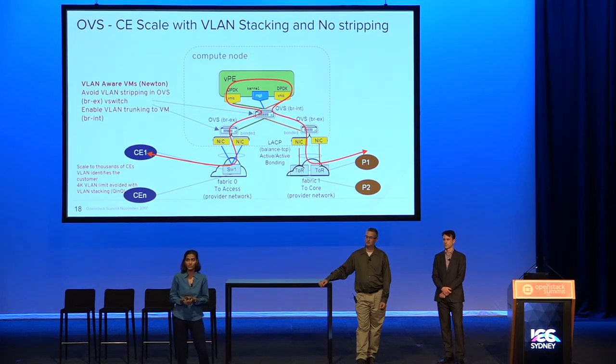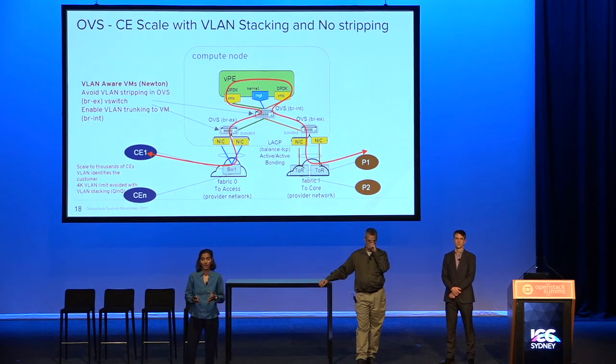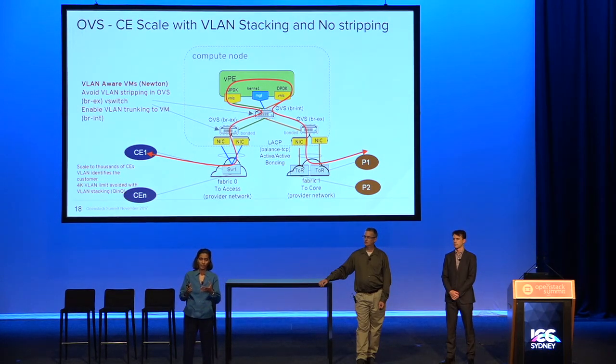In order to do that, there's a new feature called VLAN aware VMs, which was introduced in Newton. And that enables VLAN trunking on the OVS bridge, on all the interfaces going out towards the VPE. So instead of stripping the VLANs, they leave them intact, and they add an additional VLAN tag to identify the multi-tenant, and it enables trunking all the way up to the VPE. So now the VPE can get all its VLAN tags intact. And